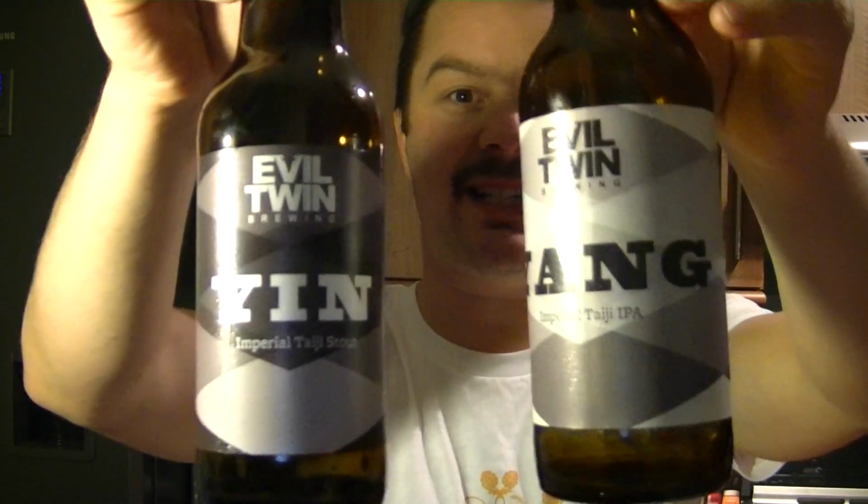I am absolutely sure that there's only one way. Go out, buy yourself a Russian Imperial Stout. Go out, buy yourself an Imperial IPA. Stick them in a pint glass and let it rock your world. Preferably, do it with this designed yin and yang from Evil Twin Brewing. But if you can't